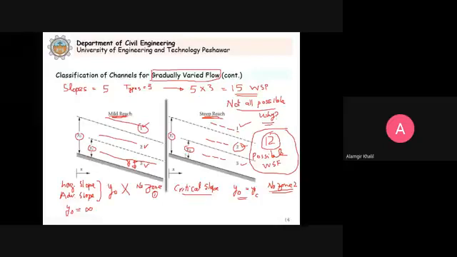Now that we studied that there are 12 possible water surface profiles that we have to analyze in gradually varied flow problems. These 12 types of possible water surface profiles, remember, are only for prismatic channels. These are for prismatic channels. If we have non-prismatic channels, then there are 20 typical water surface profiles that can be shown